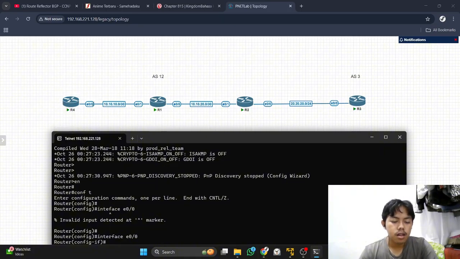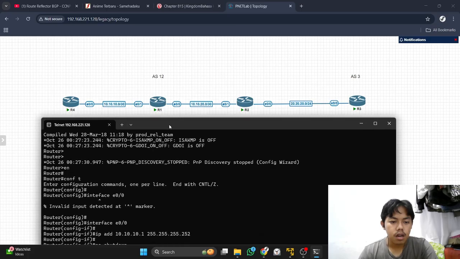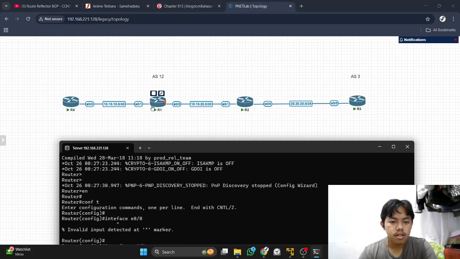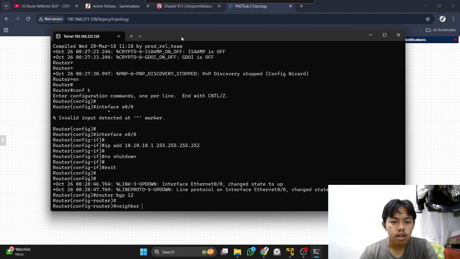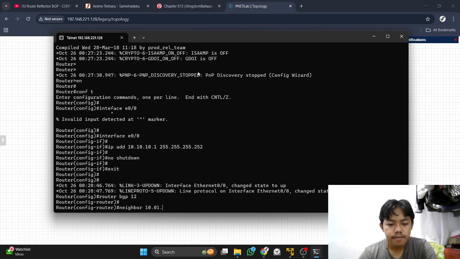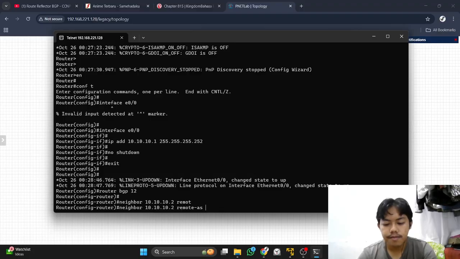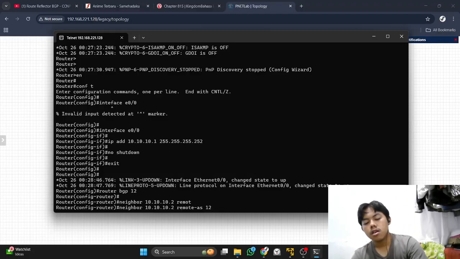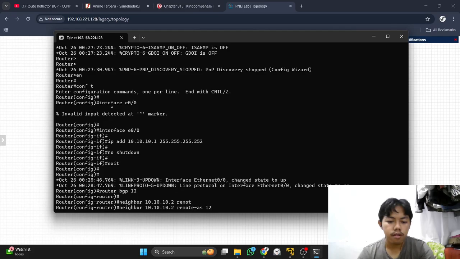So our neighbor is this interface 10.10.10.1 from router 1. And remote-as 12, because we create this on BGP 12.